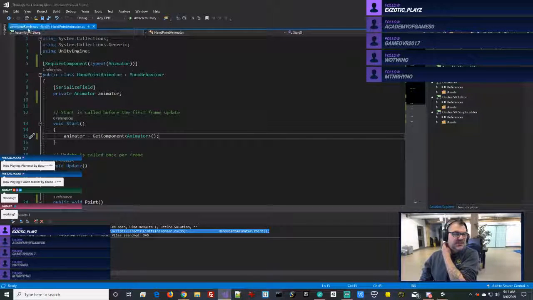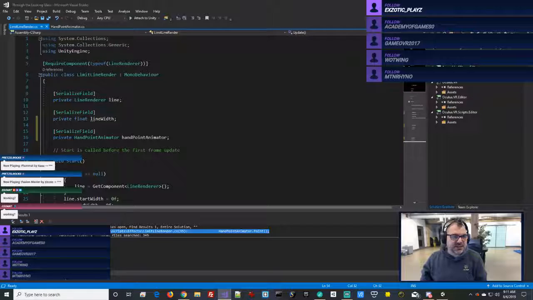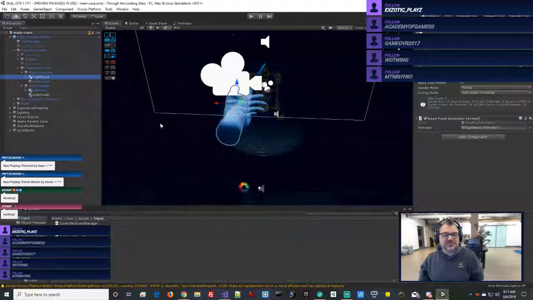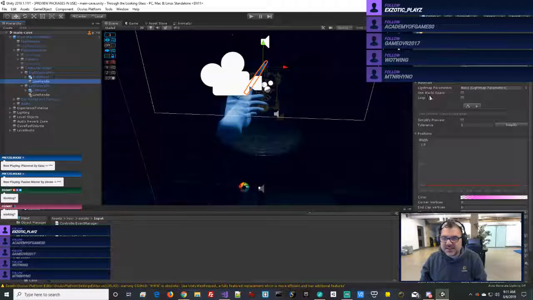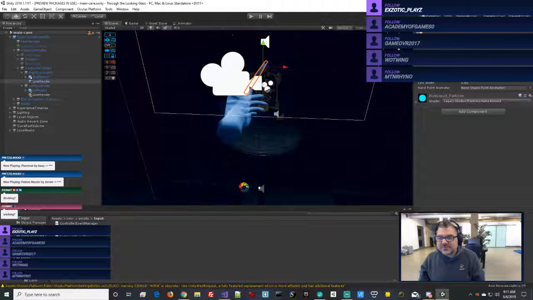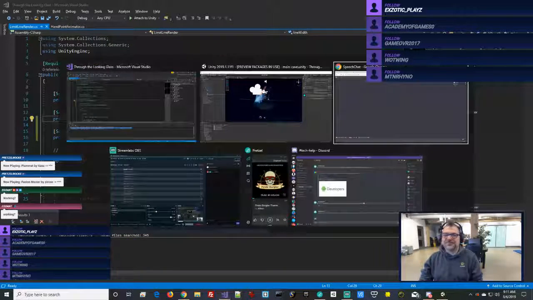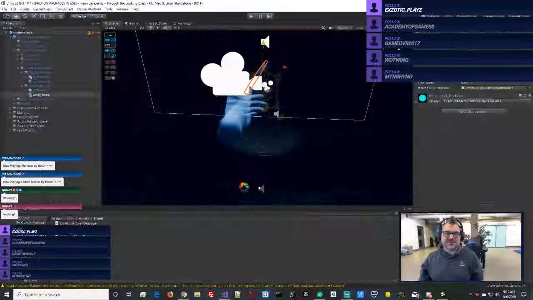And then we've got a limit line renderer, which should be on this. And that should hook up to this hand point animator. And then on this line renderer, it should hook up to this one. Good. All right, that should do it. So now, if I go into VR,